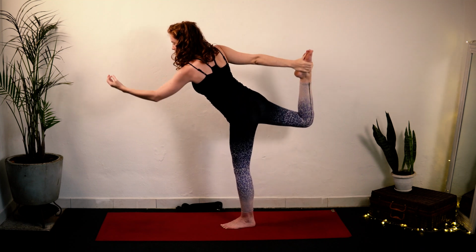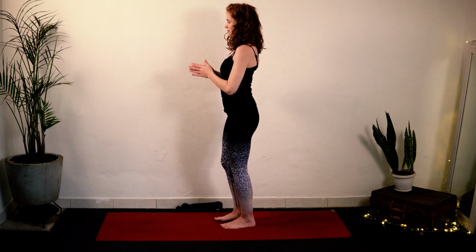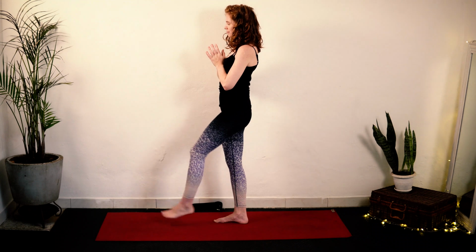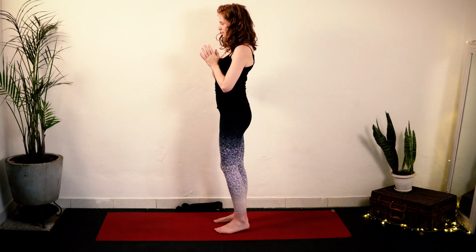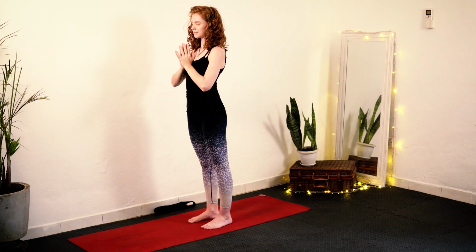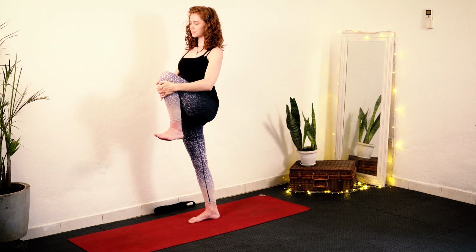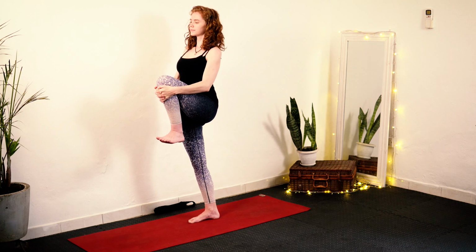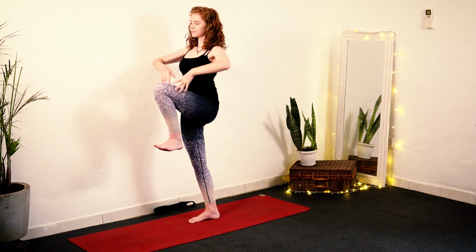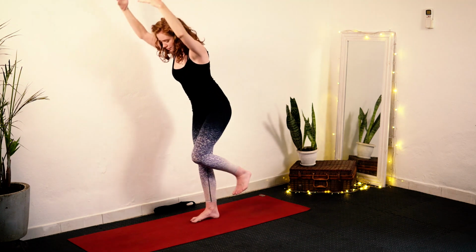Wherever we are together, now we'll exhale gently, start to release ourselves to the top of the mat. Find your hands to your heart, maybe shaking out that left leg for a moment, then rooting yourself into the ground again, shifting your weight over to the right as you grab hold of your left knee, flexing through the foot, engage the core. We're going to inhale, reach the arms up towards the ceiling, and as you exhale, shift